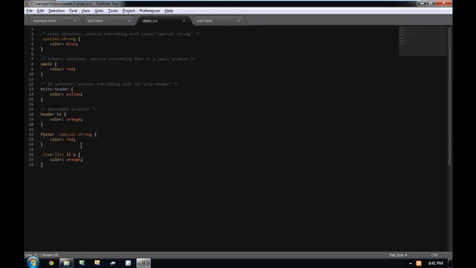You know what I'm saying. So we introduce the immediate descendant selector. Instead of delineating our selectors with a space, we can use our greater than sign to denote an immediate relationship